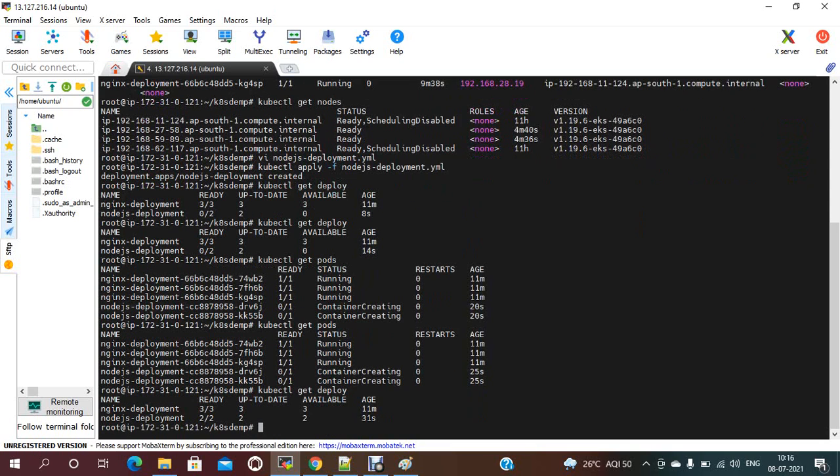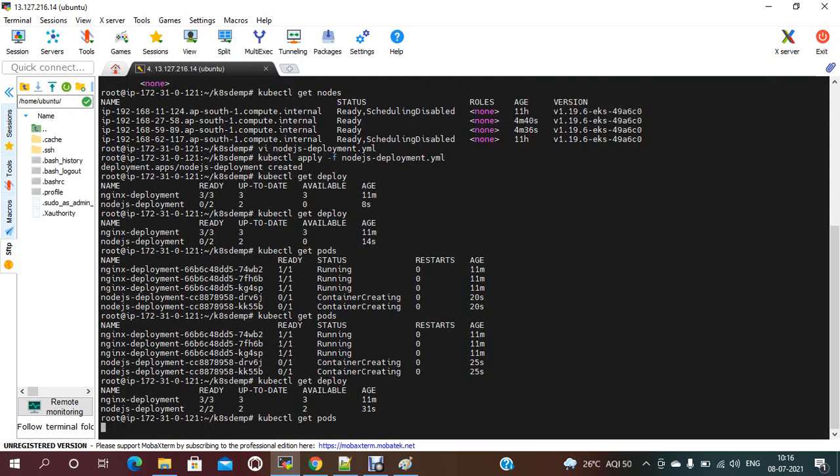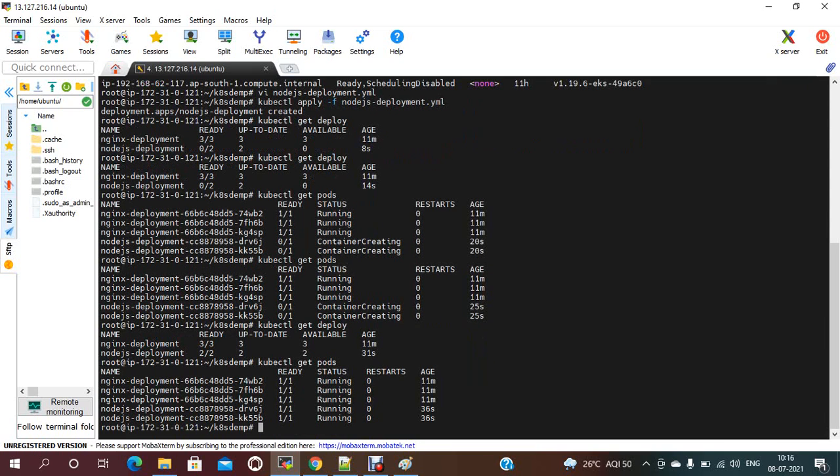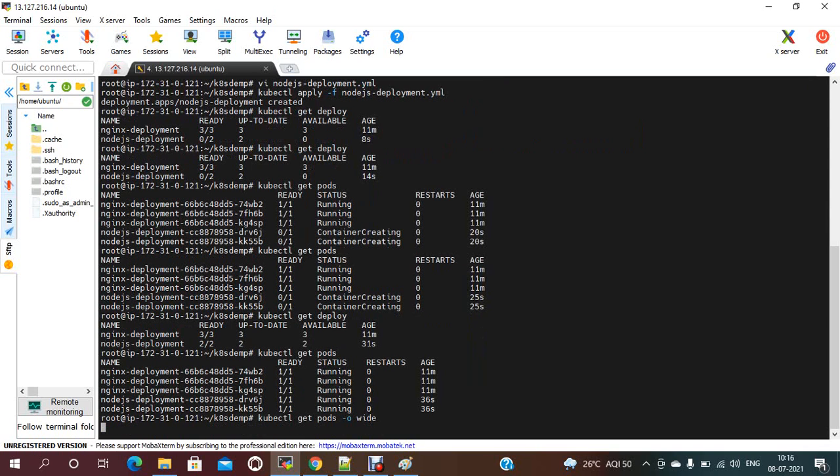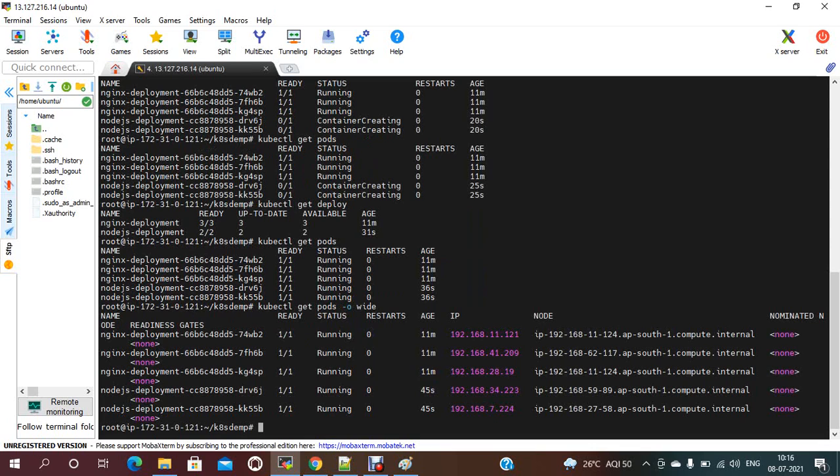Now it is ready. If you check kubectl get pods, the Node.js pods are running, and if you go -o wide, it is not scheduled on the old node group. Now it is scheduled on the new node group.